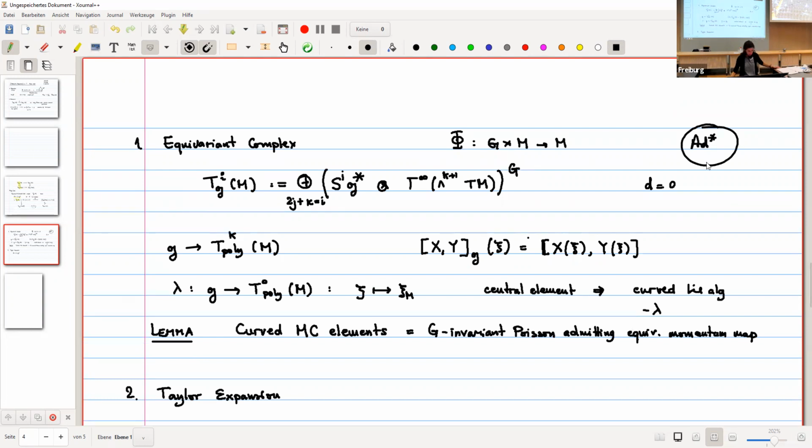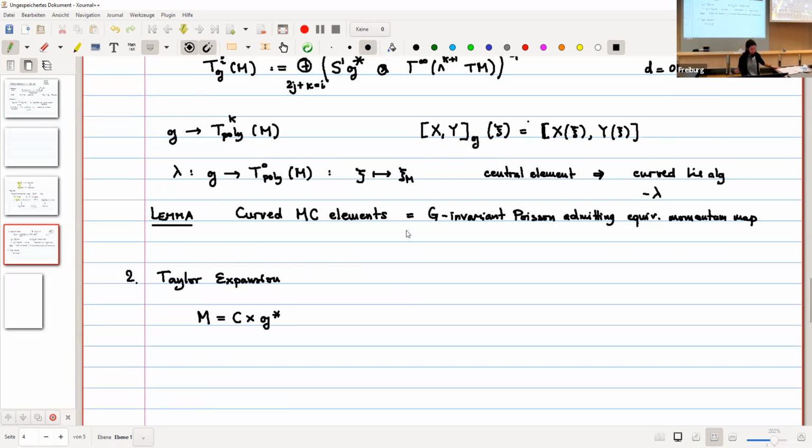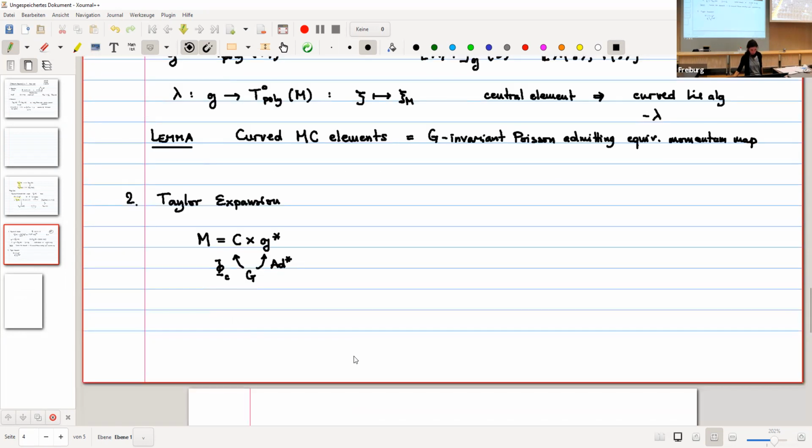Okay, and indeed, as I said, now you look at M in this way, and then you're really thinking: what is acting here? How do you act here? You just have the restriction of your action to C, and here you have the coadjoint action, right? Okay, so we want to really use the idea of making this Taylor expansion. How do we do that? We just use the fact that whenever you have polyvector fields on a manifold of this shape,